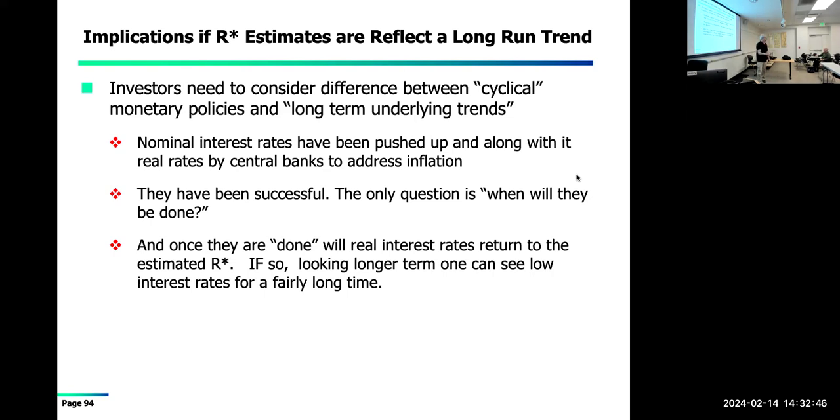The general view is interest rates are going to come down. What people haven't really realized is when they come down, they're going to stay down if this hypothesis is true, because you combine the real interest rate with the inflation rate, and you get yourself, by definition, through arithmetic, a very low